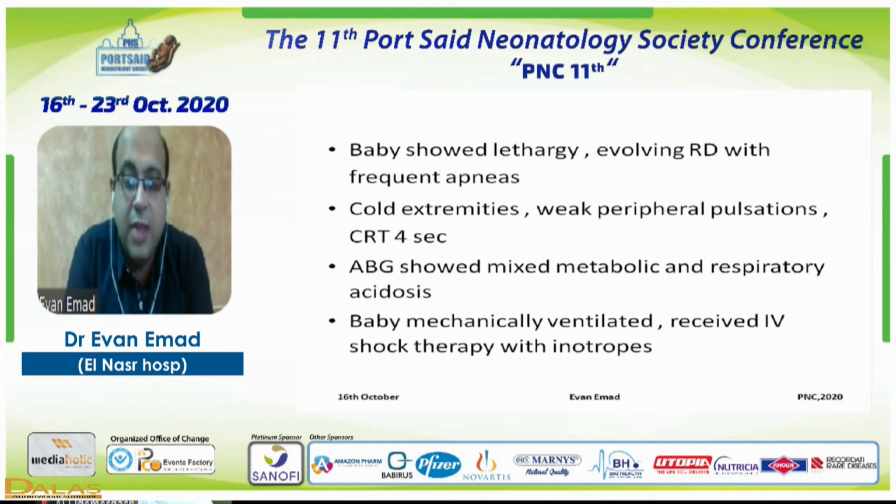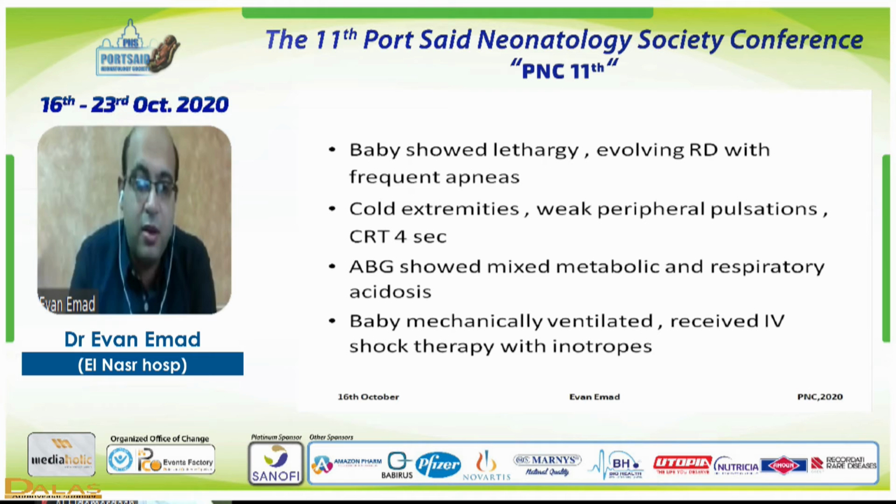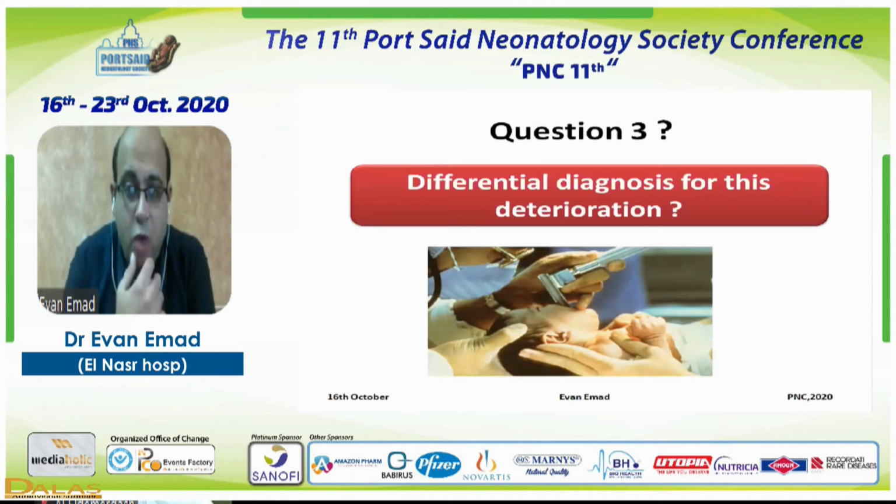To summarize, the baby was previously well, doing very well after stopping of antibiotics for 2 days. At the 7th day, our preterm baby showed a picture of shock and respiratory distress. So question number 3, what's the differential diagnosis for this deterioration? It is the